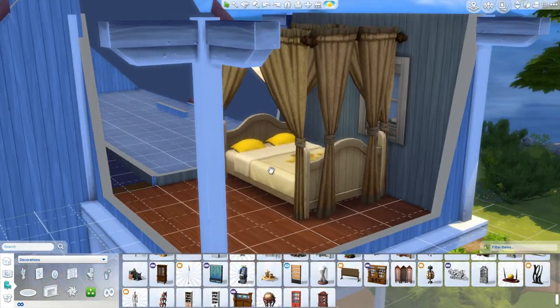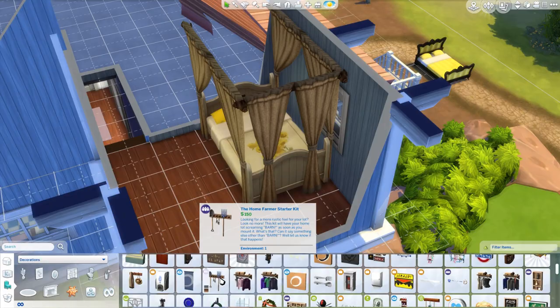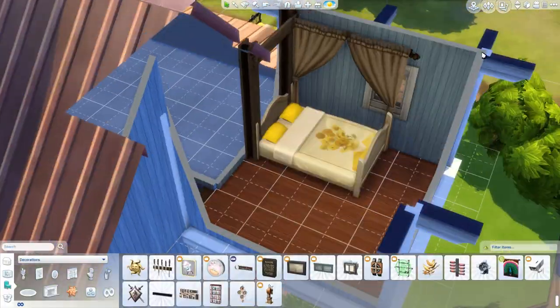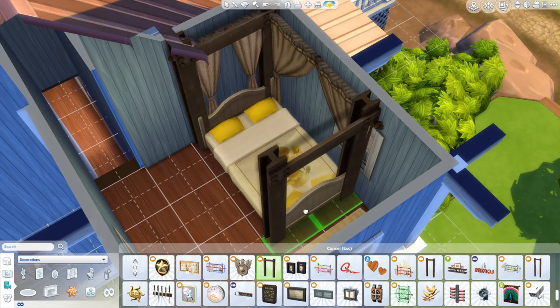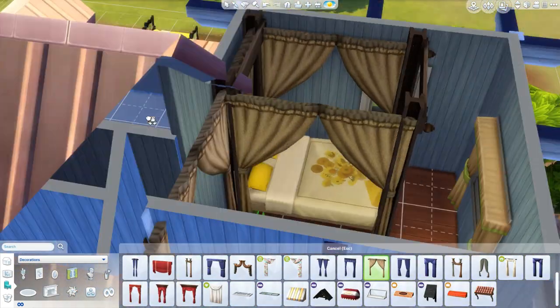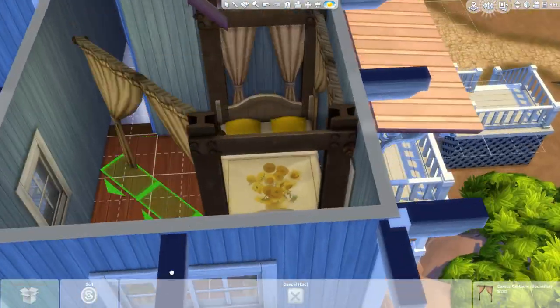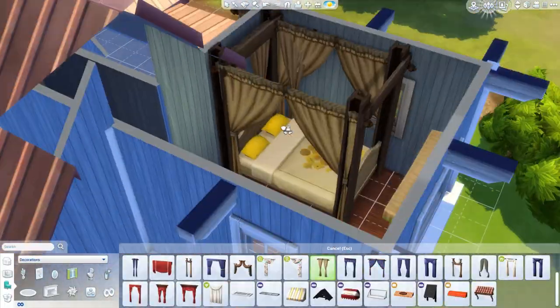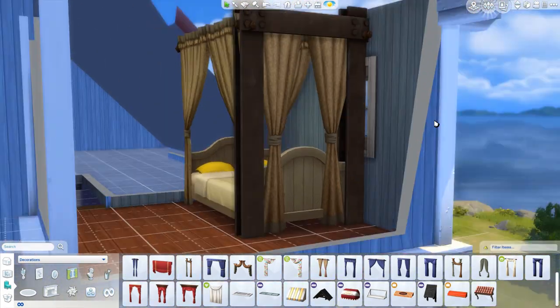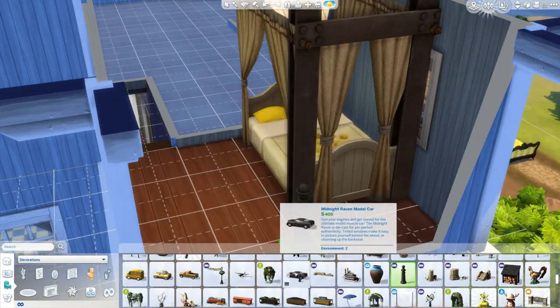Also, we don't have that many beds that have yellow colored bed sheets. So this is the only one that was available. So there we go. Once again, I'm taking my time with this bed. So anyway, this part took me about an hour to build. Literally, this part took me like an hour to build. But when I was watching,